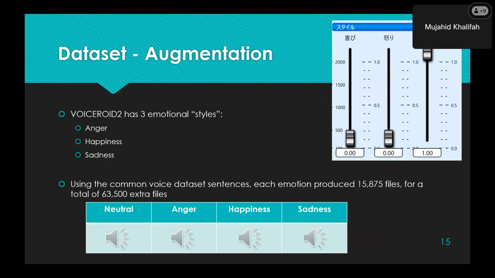And we can listen to an example. So for neutral, 危ないのでナイフを使ってはいけません。 for angry, 危ないのでナイフを使ってはいけません。 for happiness, 危ないのでナイフを使ってはいけません。 and for sadness, 危ないのでナイフを使ってはいけません。